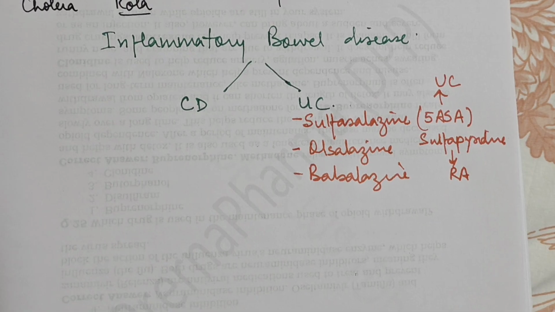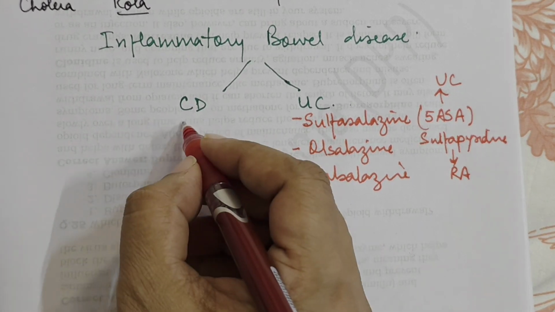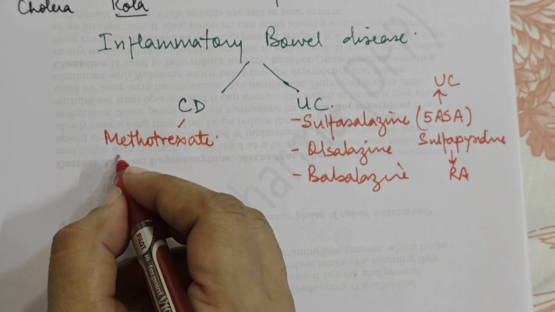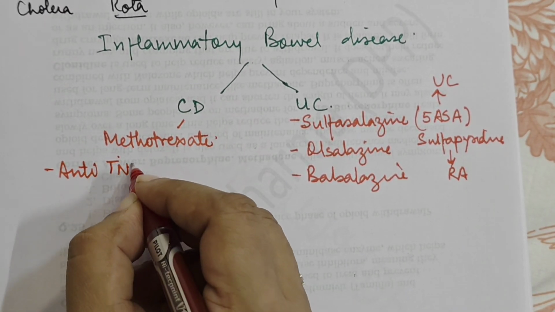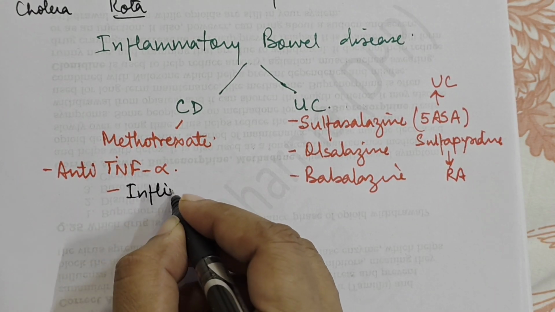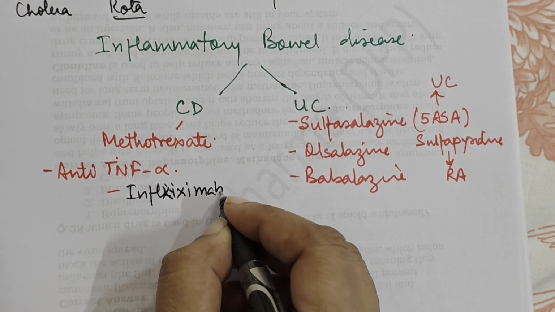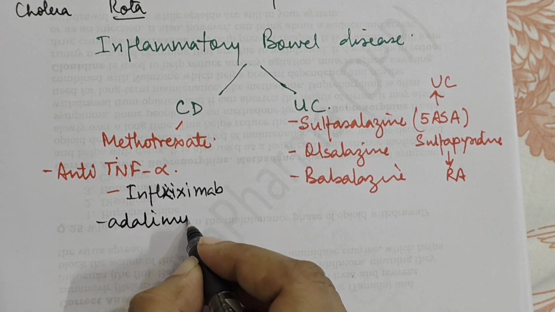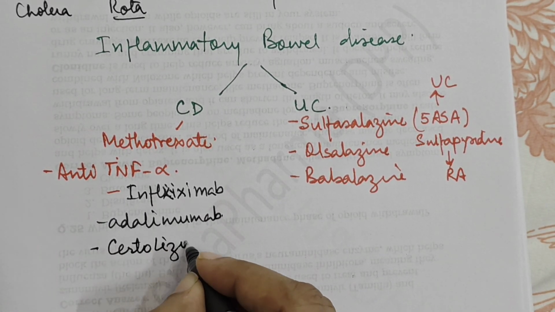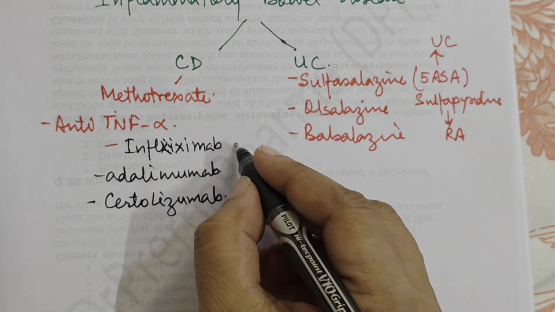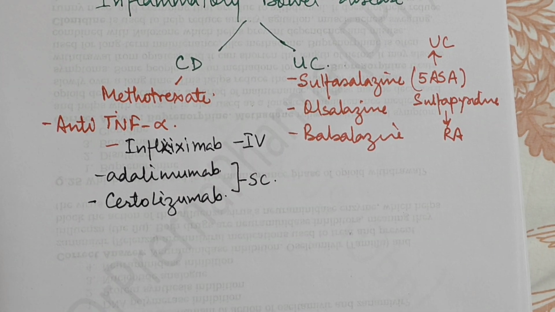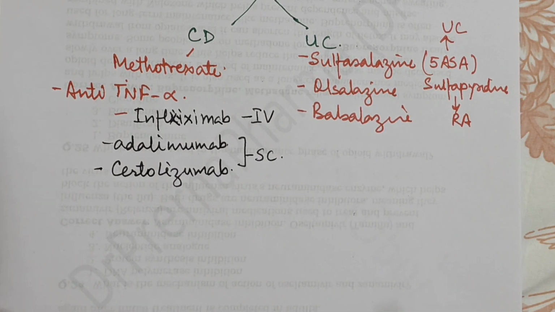Then chronic Crohn's disease. In Crohn's disease, the drug which is used is methotrexate. Then we have anti-TNF alpha drugs, in which we have infliximab, adalimumab, then certolizumab. Okay. Now infliximab is given by IV route, and these two drugs are given by subcutaneous route. Okay. Then other drugs that we have is,